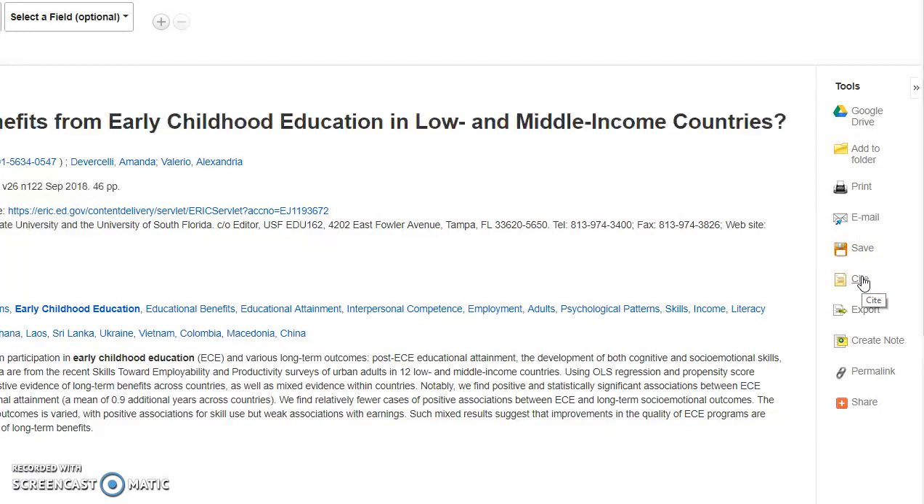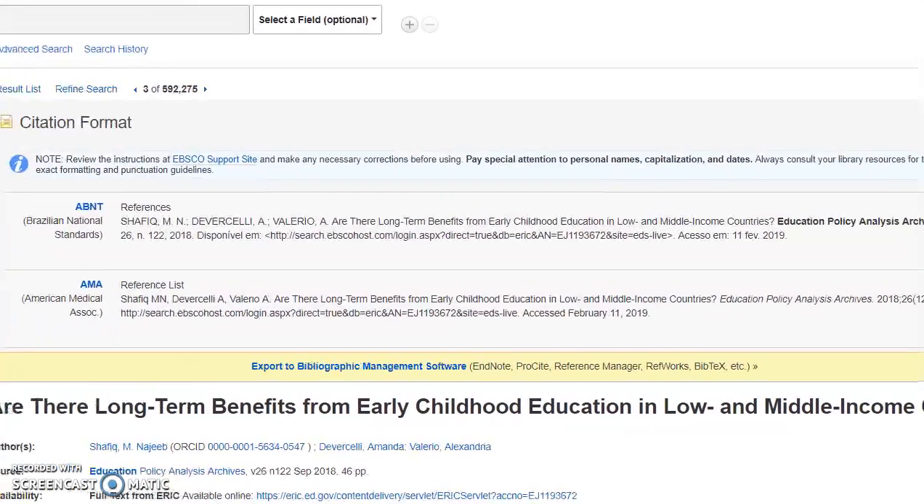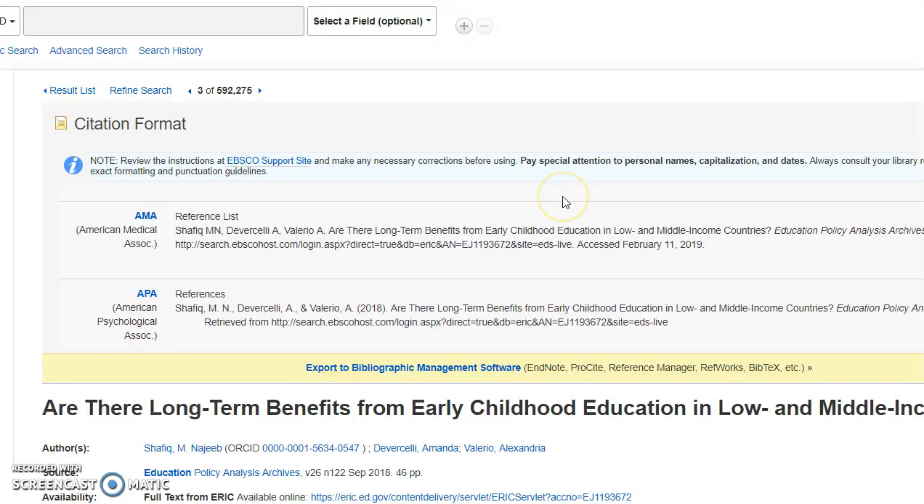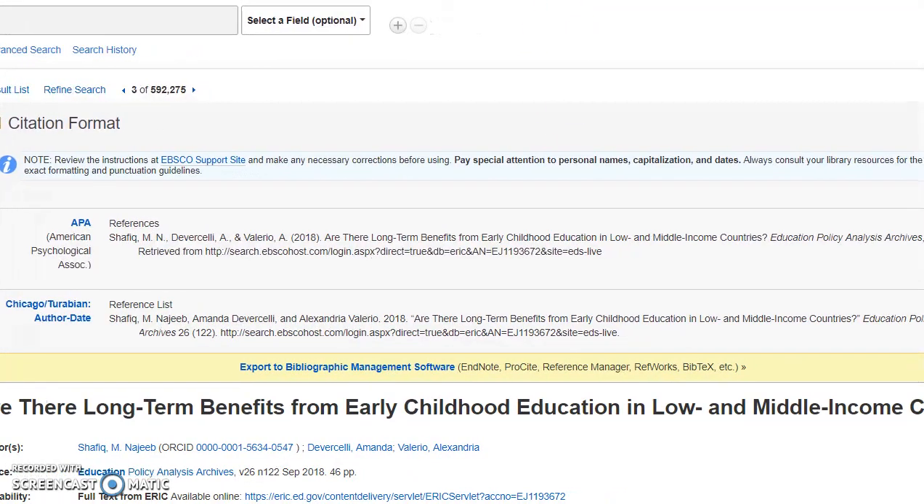So you're going to go ahead and click Cite. And here you'll notice the citation formats, and it starts with ABNT and the AMA. And obviously we are citing in APA format. That's the American Psychological Association. So we scroll down and you'll find here, here we go. It gives us the entire citation. So you are going to